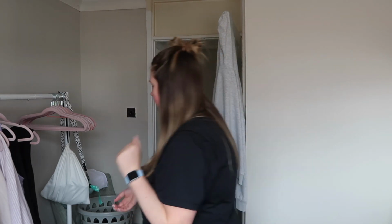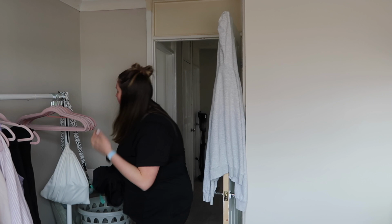So strange, there's a guy in a car outside just staring at all the houses. Don't know what he's looking at. Next door's house has sold now, so I think potentially, because when we bought this house we were here twice a week just looking at the house, checking out the neighbourhood, checking out if we could spot any neighbours and stuff, so maybe that's who that is, I don't know. It's a bit strange though. That must have been how everyone felt when we were driving down all the time. But yeah,